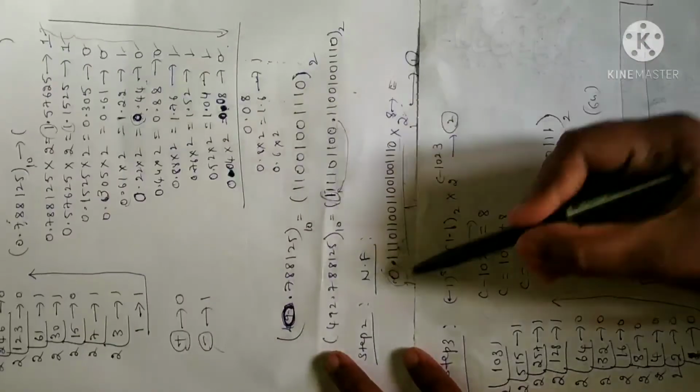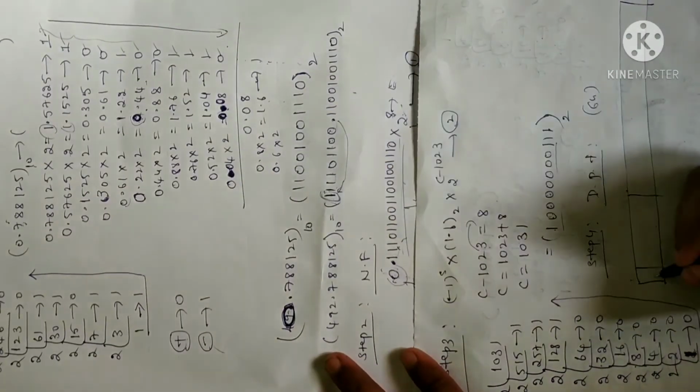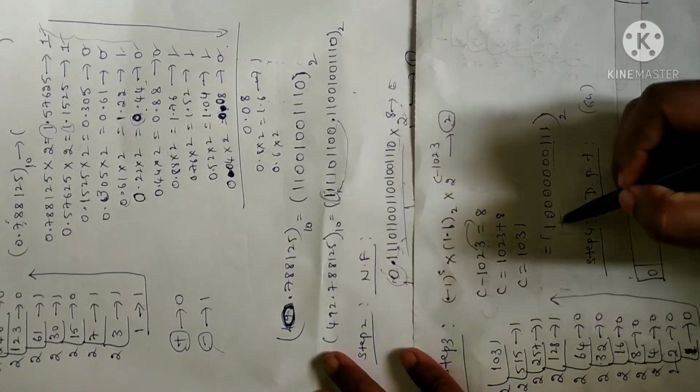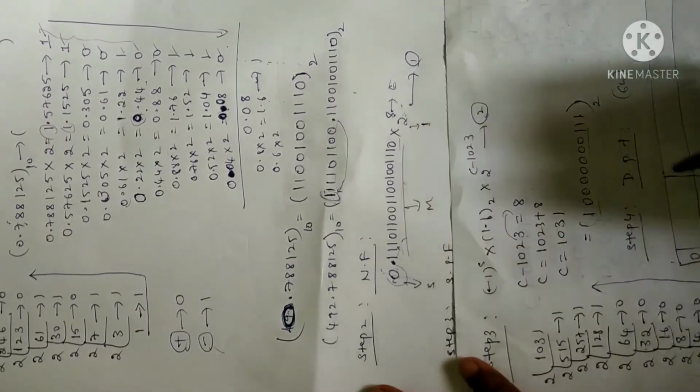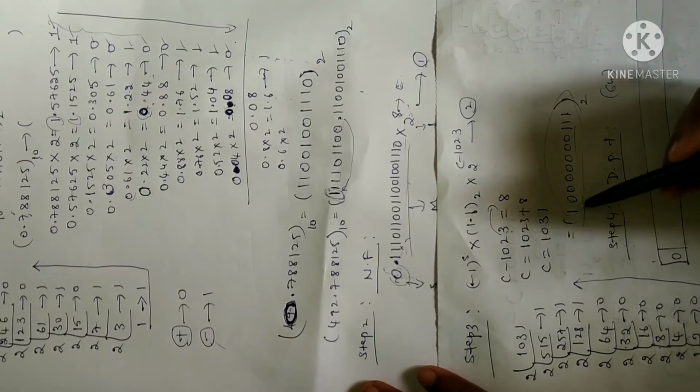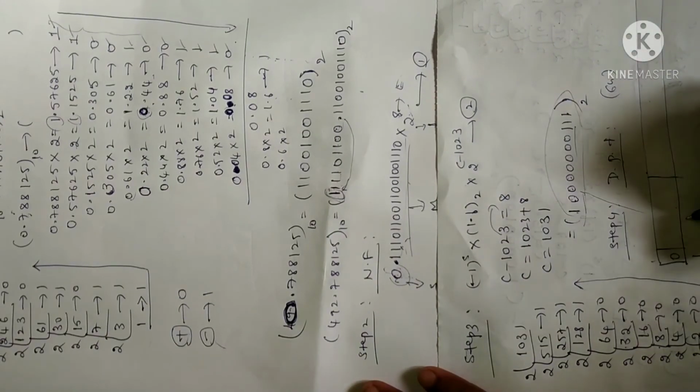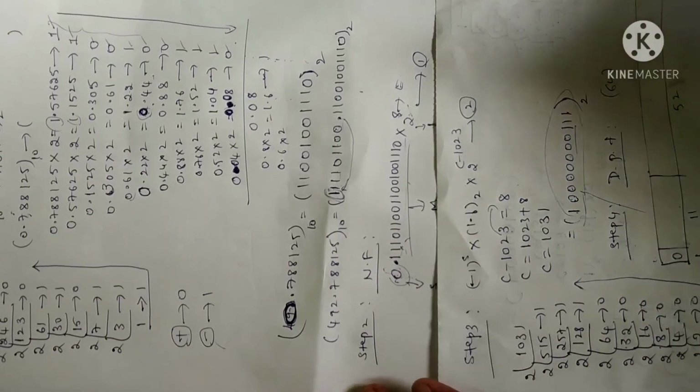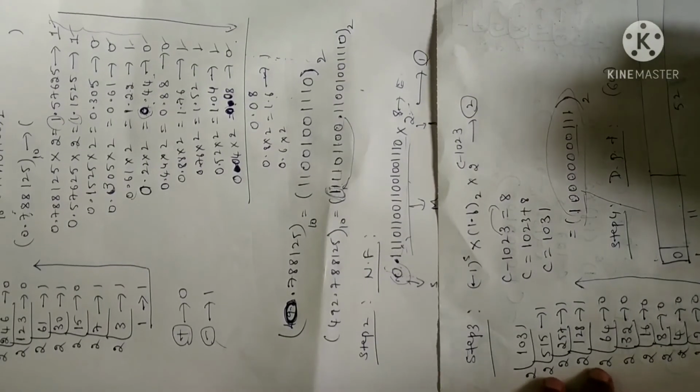So look at the normalizing form. What is the first digit you have? 0. Write it here. Next, in step 2 you will obtain the exponent value, that is 11 bits. I'll write here 1 bit, 11 bits, and the remaining will be 52 bits. So when you add this you will get 64 bits.